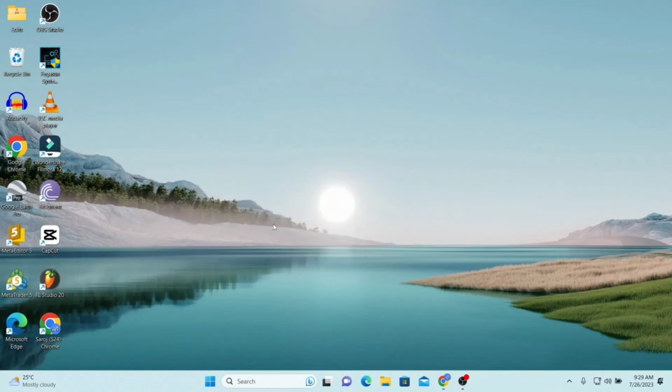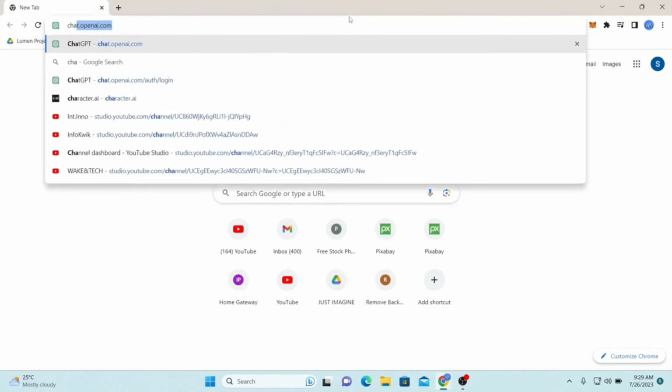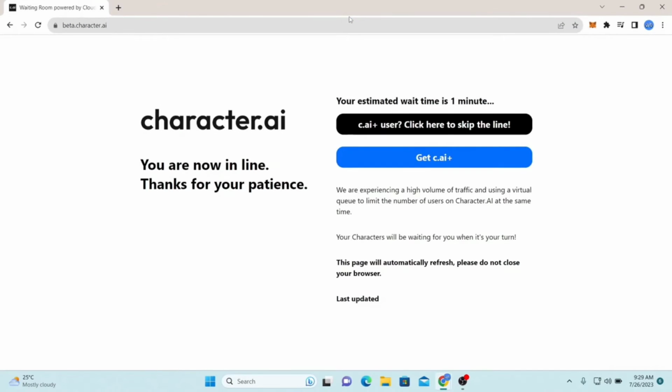How to italicize your text on Chatacter.ai. So let's get started right away. First of all, you're going to want to open up your web browser, so just go ahead and open it up, and then in the address bar type in Chatacter.ai and press enter. You will then be taken to the official website of